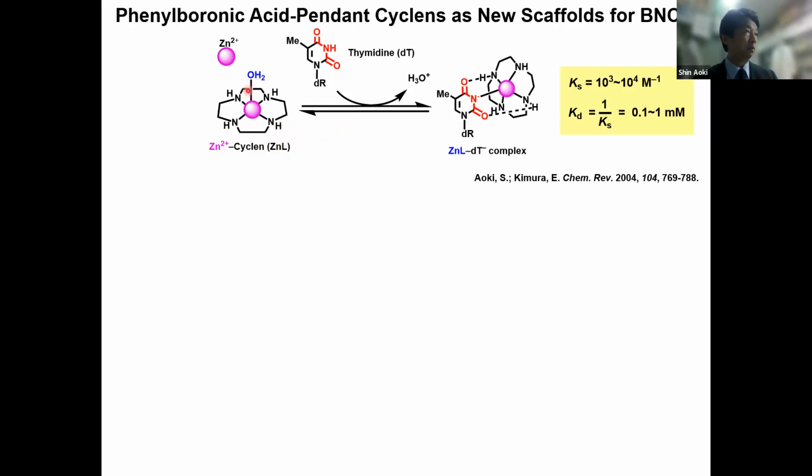established that zinc cyclen complex recognizes thymidine, to form a 1-to-1 complex by the coordination bond between imide ion and zinc, and the 2 hydrogen bondings between carbonyl oxygen and amino protons. This coordination proceeds by the deprotonation of thymidine, which is one of the nucleosides in DNA. And the KD value is not so significant, but it was the first compound that recognized thymidine in aqueous solution